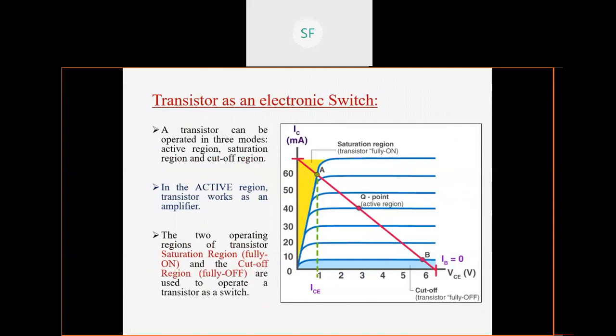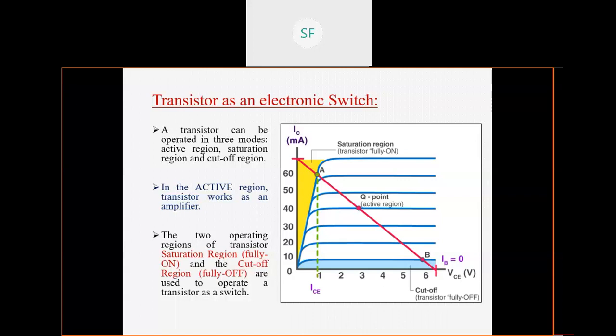But in order to work your transistor as an amplifier, the important thing was it needs to be operated in the active region. We have seen the definition of faithful amplification. Faithful amplification मतलब क्या था कि जो आपका आउटपुट है, the shape of your output should match the shape of your input. Of course it will get amplified, but the shape should not change. So that was your faithful amplification.